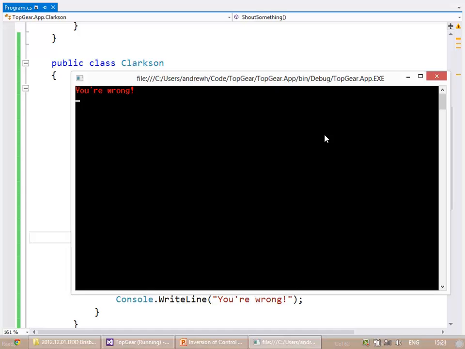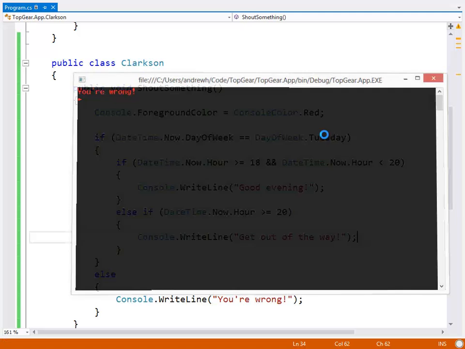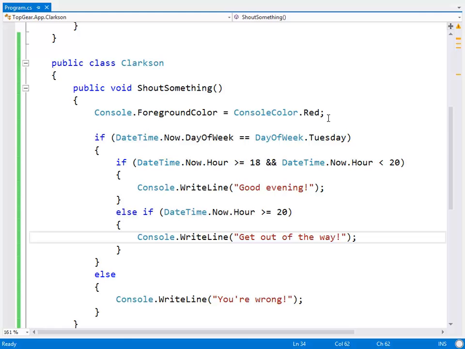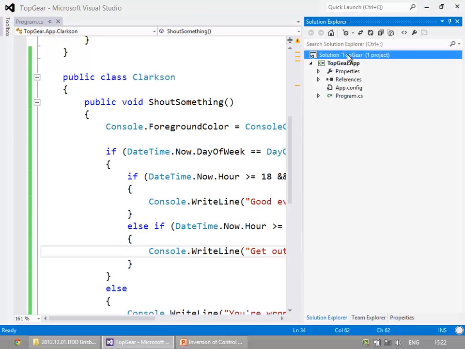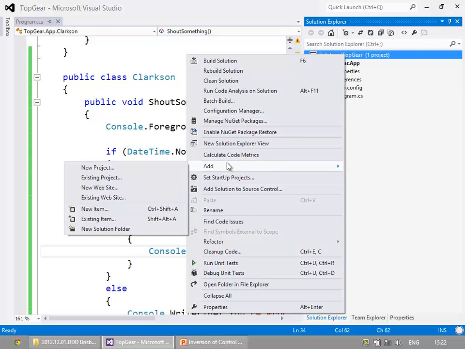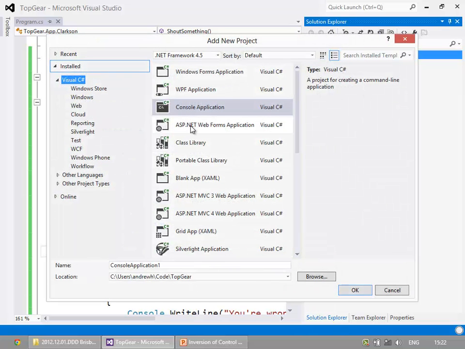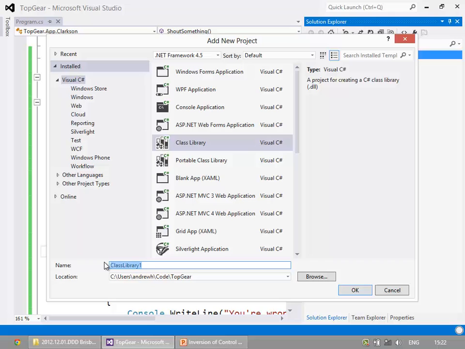Now, let's test this, shall we? All right, so let's write a unit test. And I'm going to let you guys think about this for a minute while I add a unit test project, but how are we going to test this program right now? So I'm going to right click here and add a new project. It will be a class library, TopGear.UnitTests.